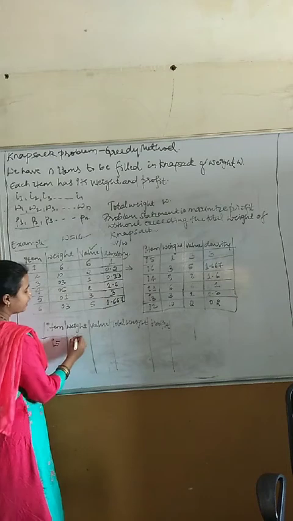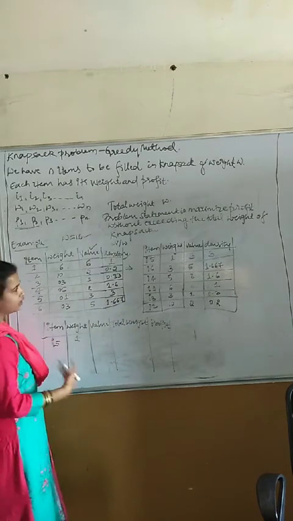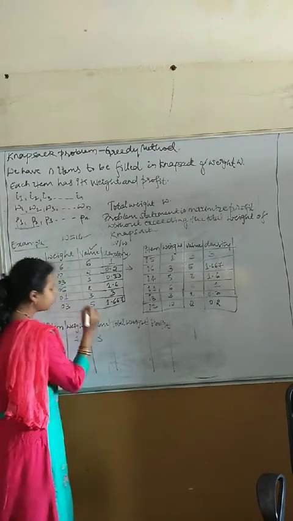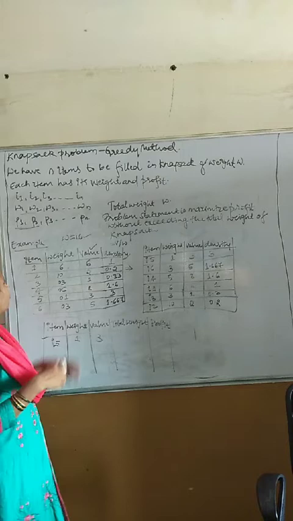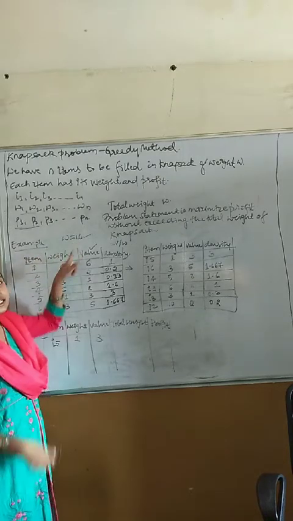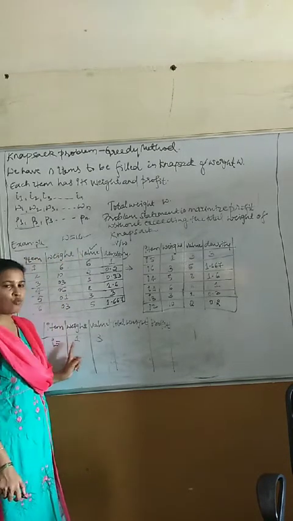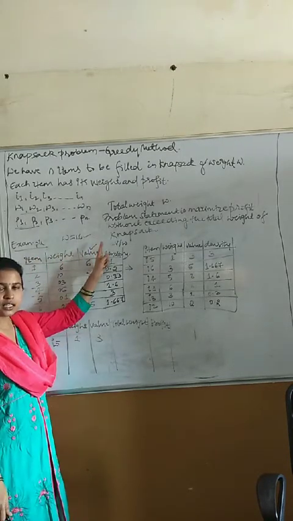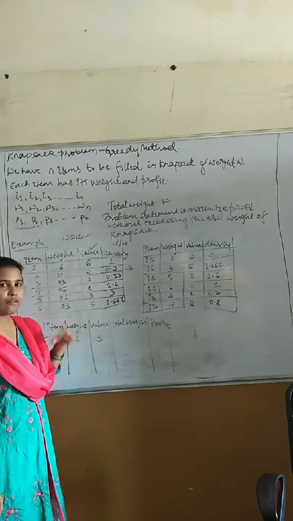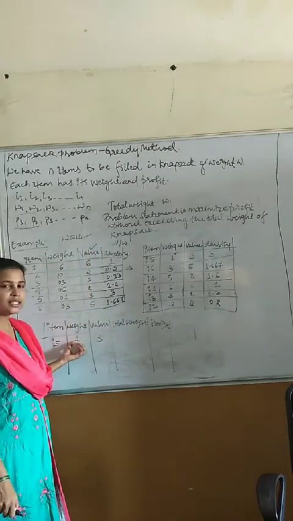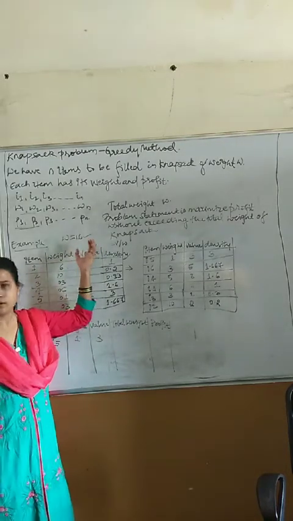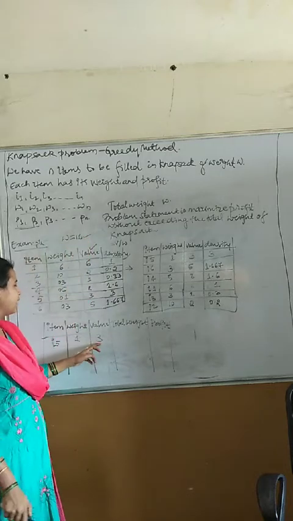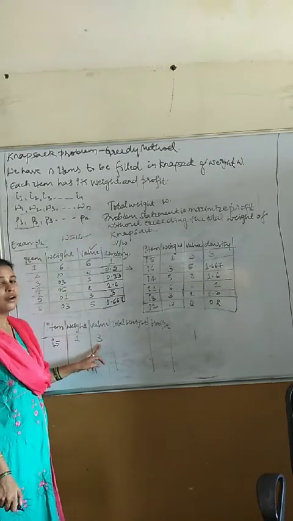Item number 5, its weight is 1 and its value is 3. Okay, what is our total weight? It is 16. We have added 1. 1 is less than 16. Yes. So can we add this item into our bag? Yes, because this weight is less, it can still hold some values. So we are adding that item into the bag here.